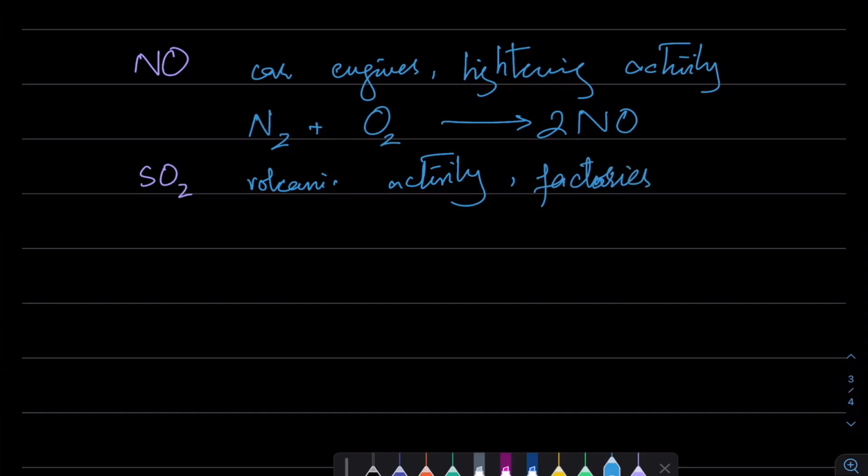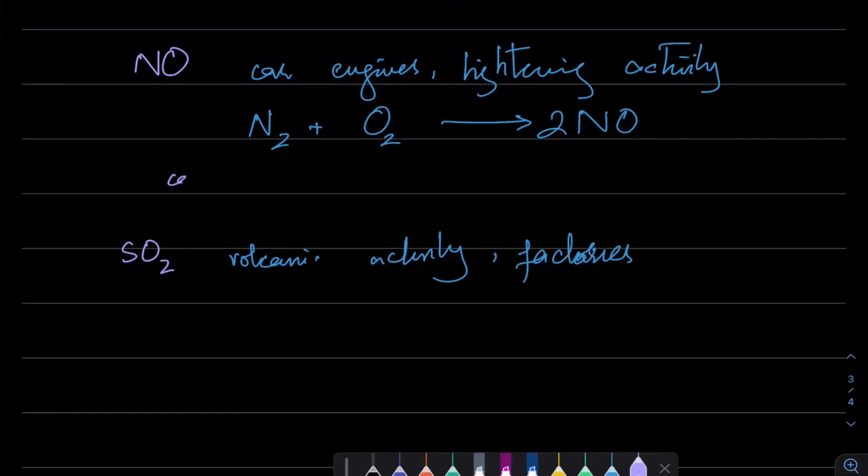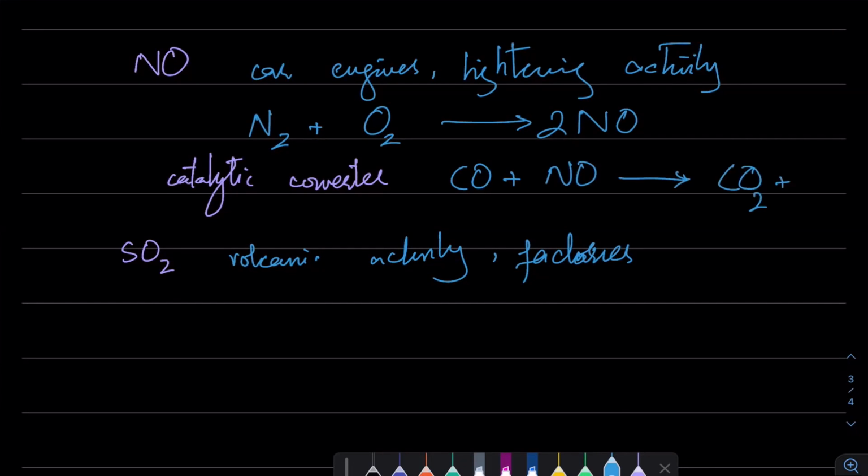तो इसको कैसे हम रोकते हैं? बेसिकली फॉर दिस प्रोसेस, सो होता क्या है कि इसको हम रोकते हैं थ्रू कैटालिटिक कन्वर्टर्स. What catalytic converter does is that in car engine, carbon monoxide is also produced through incomplete combustion, and nitrogen monoxide is produced as well. तो उससे वो carbon dioxide plus nitrogen बनाते हैं. So this is relatively safer and this is absolutely safe because it's unreactive. क्यों unreactive है? Because it has very strong nitrogen triple bond.